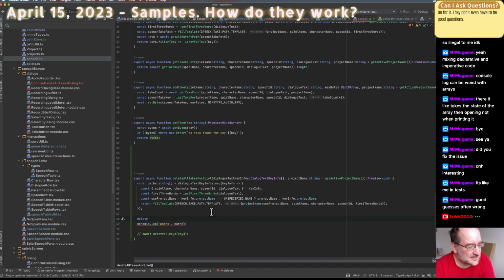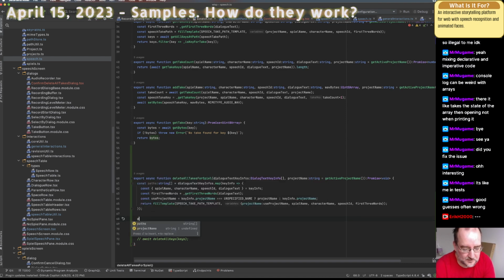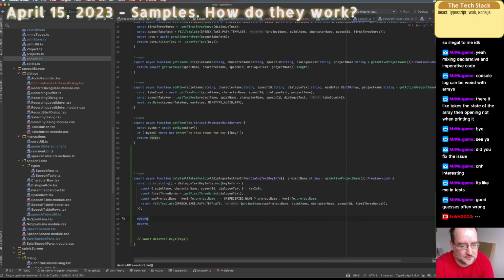It's really not deleting the keys though, it's deleting the... I'll keep it simple. I'll keep calling it delete all keys. That makes sense to me, at least. So we'll say paths, okay, return promise all, and it's going to be